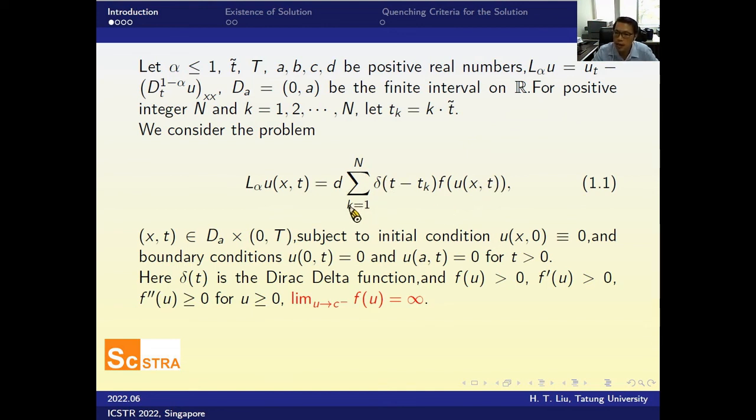Now, in our case, we find the condition that there is a critical value d, such that when d is smaller, the solution will exist for all time. But on the other hand, if d is greater than this critical value, the solution will quench in finite time. Okay, so this concludes what